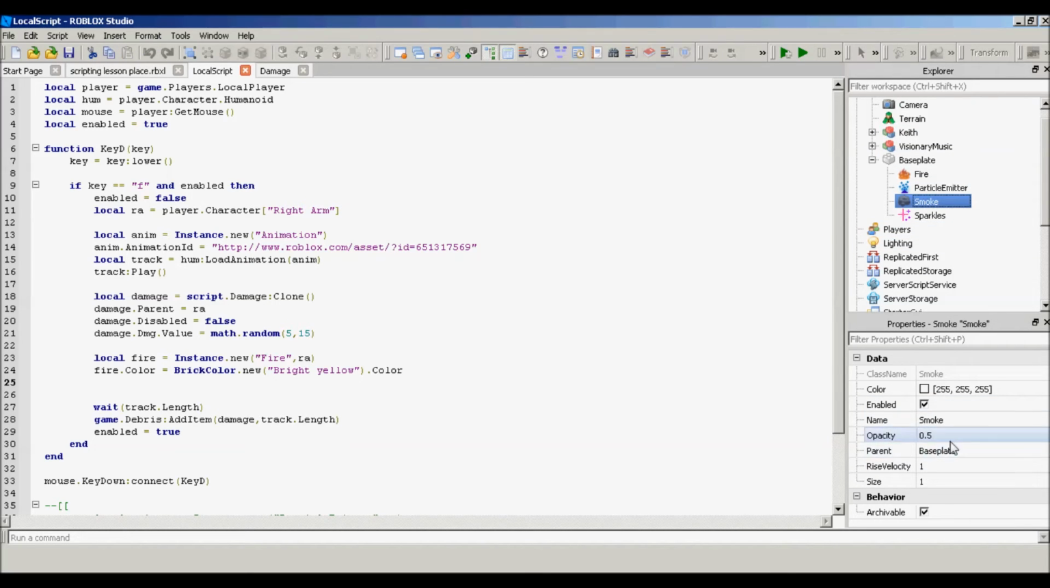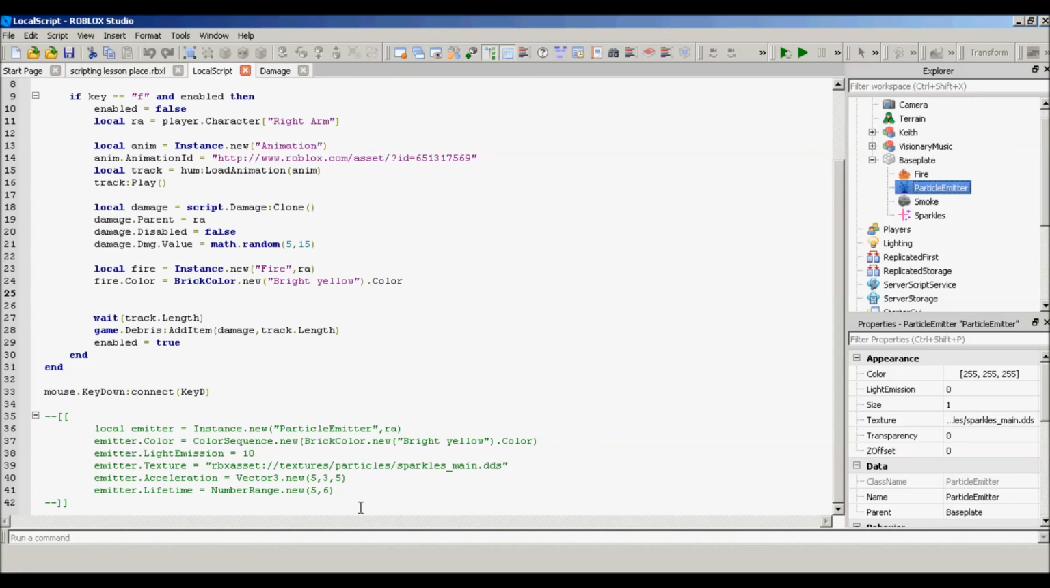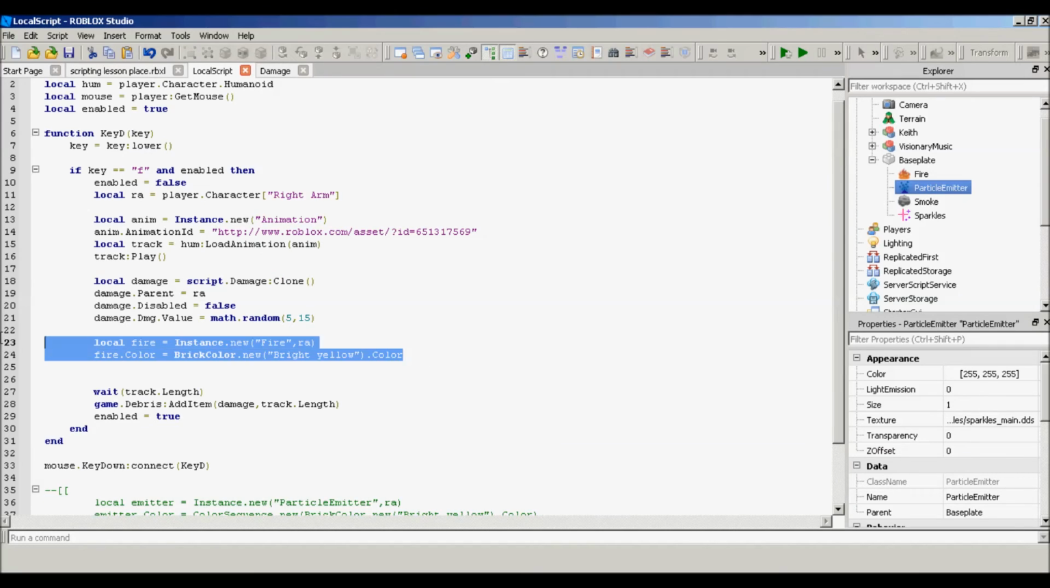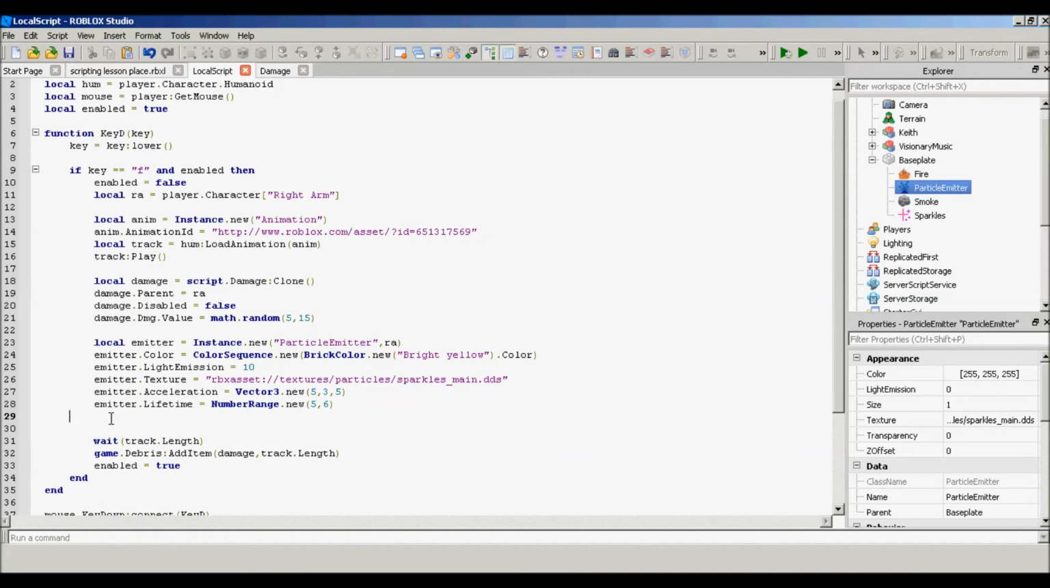I pretty much taught you how to edit these. And for a particle emitter, now I'm sorry this tutorial probably might be long. I hate that, but yeah. I actually worked while I first recorded this. I actually